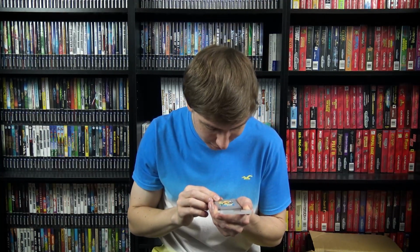This one is for my collection, and I had never heard of this game, never seen it before I saw it in the Craigslist post, and that is Mole Mania, which I guess is like a $20–$25 cartridge. It looks like it might be a little bit sun-faded. I can't really tell because I've never seen it before. But yeah, Mole Mania. It needs a cleaning on the back, but I'll be hanging on to that one for the collection. We got Baseball,